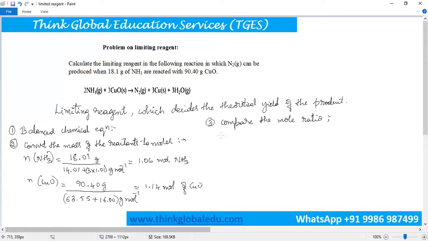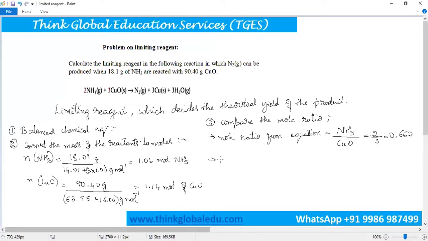So the mole ratio from the equation will be ammonia by copper oxide, which is 2 by 3, which is equal to 0.667,